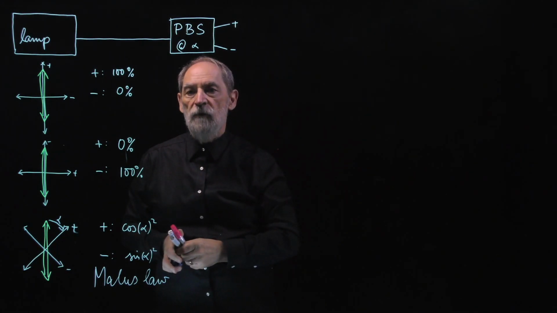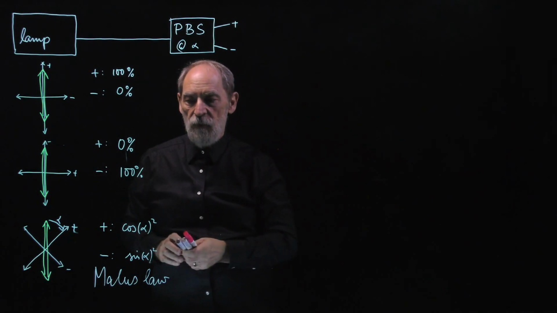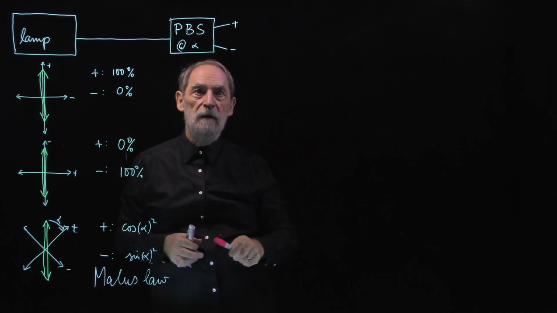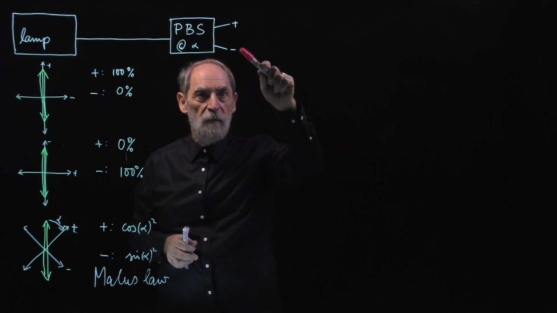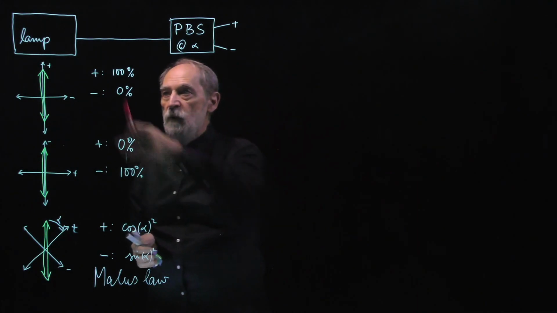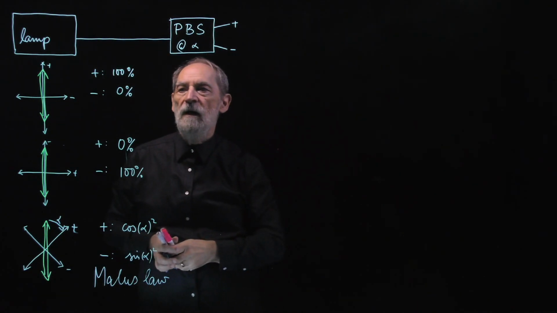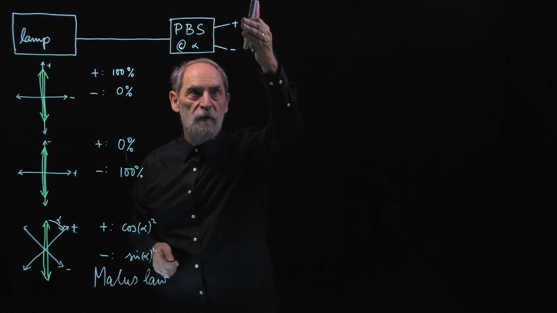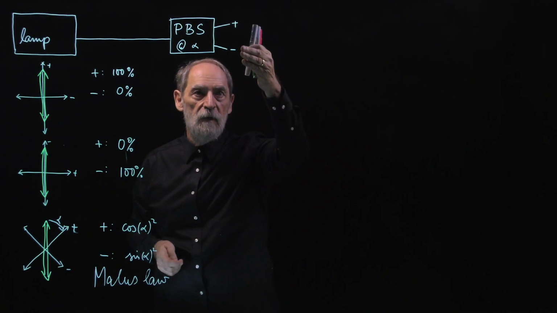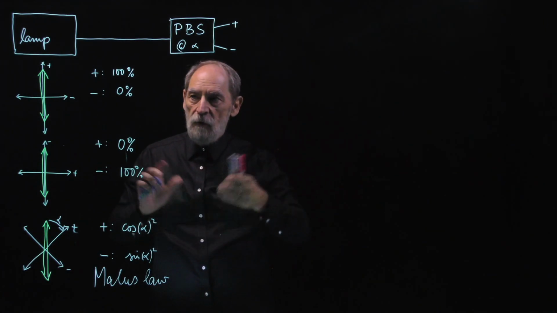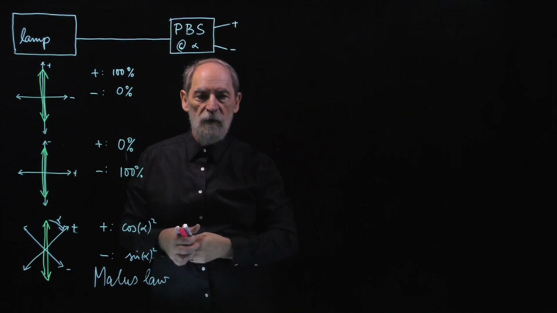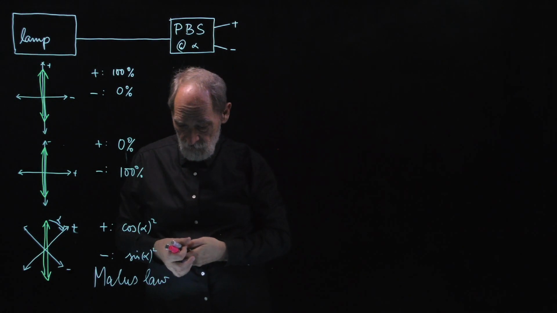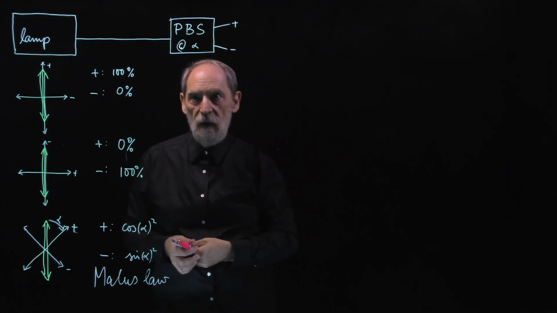That means that for the next photon to be emitted by the lamp, the probability that we will see it at the plus side is cosine alpha squared, and the probability that we will see it at the minus side is sine alpha squared. These probabilities are the same for all photons, and as a consequence then, the fraction cosine alpha squared of the photons will be observed at the plus port, and the fraction sine alpha squared will be observed at the minus port. Now, these probabilities are correct, and they can be verified by an experiment. That's just the same experiment that verifies that the Malus law is correct.